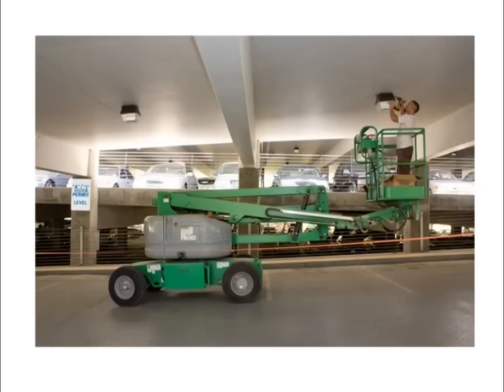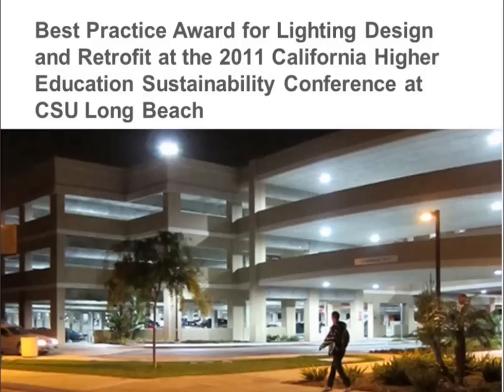A lot of experimental work where we've gone into parking garages, and here showing the repainting of garages to get a better distribution of flux. Each one of these fixtures has an onboard control system, again bi-level. Very engaged with the UC and CSU systems, and now most parking garages across the state within the university system have converted over to adaptive bi-level, and we're getting fairly significant savings. This is kind of a no-brainer for